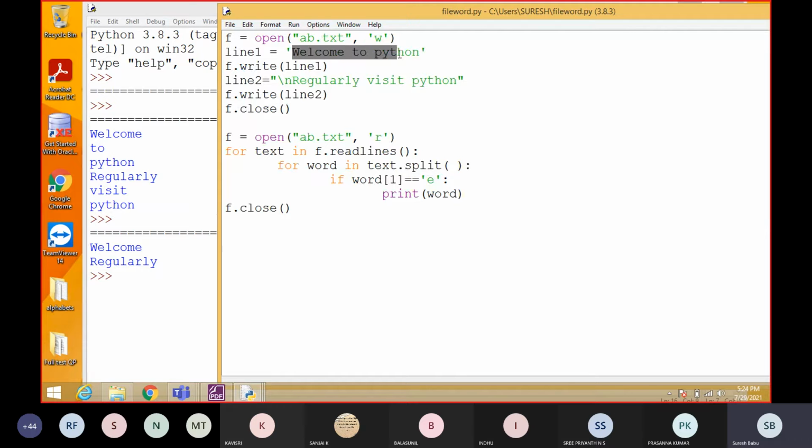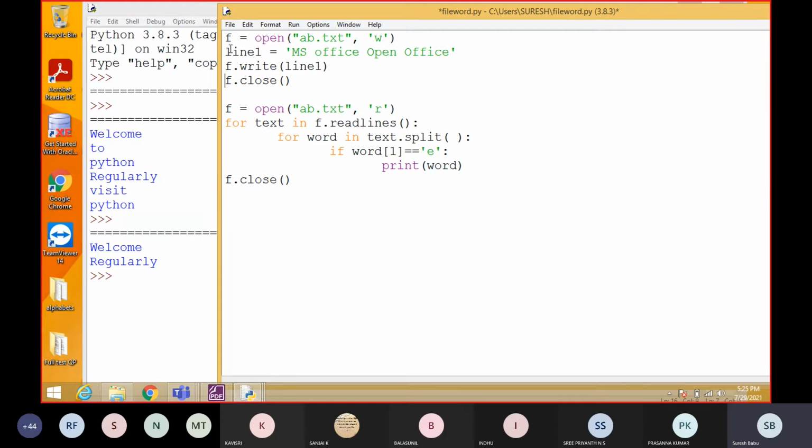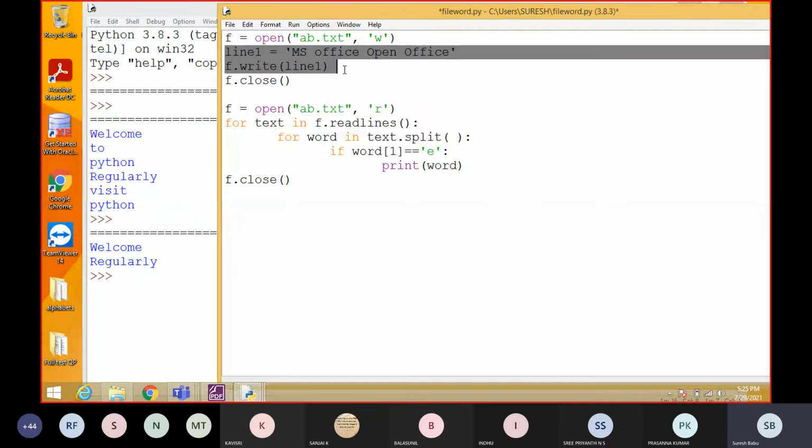Okay. So I am going to change the inputs and I will ask a question. So kindly listen and answer me. This is the only line I am going to write in the file.